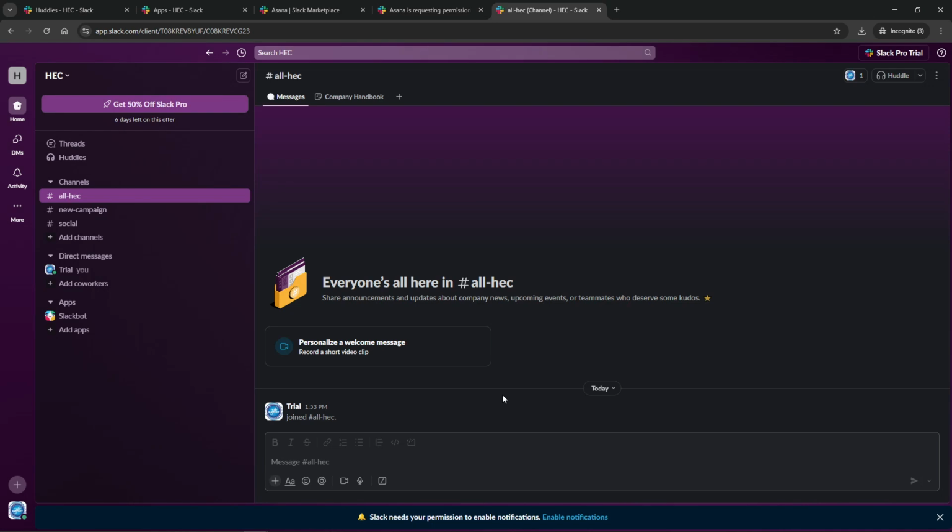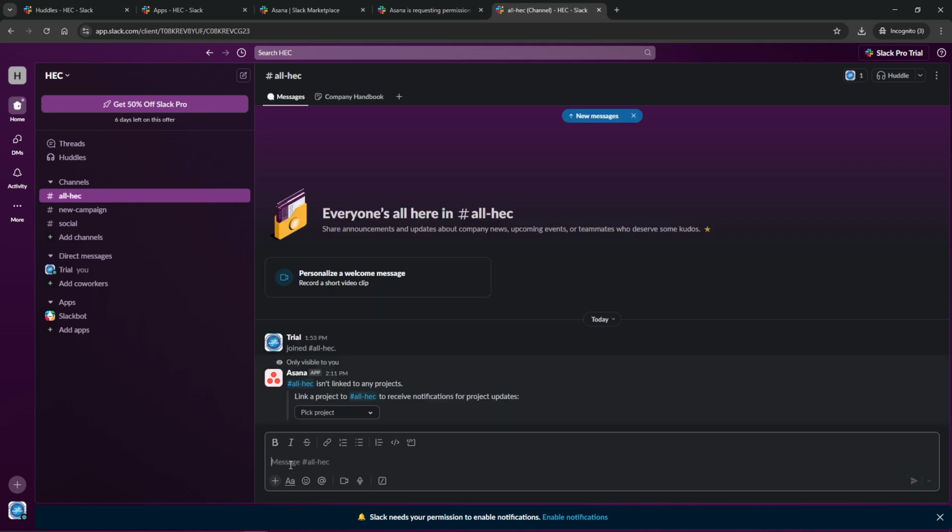Now that you have the app installed, it's time to link your Asana projects to Slack channels for real-time updates. Choose a Slack channel where you prefer to receive Asana updates. Once you're in the desired channel, type in the command Asana link. This prompts you to select which Asana project you wish to sync to that particular channel. This step is pivotal as it establishes the direct line of information from specific projects to your Slack workspace, helping